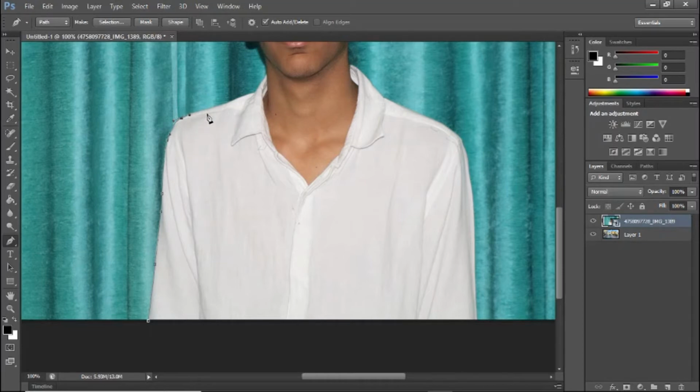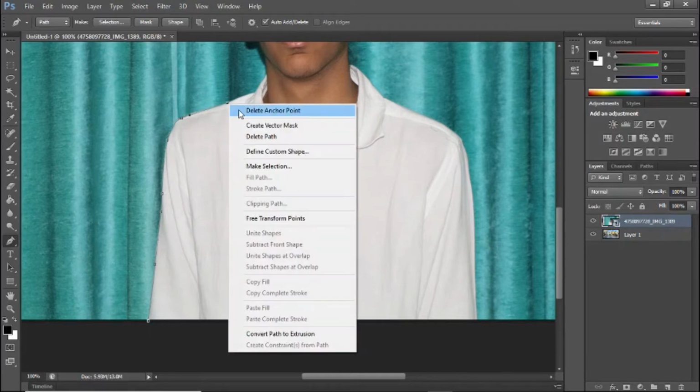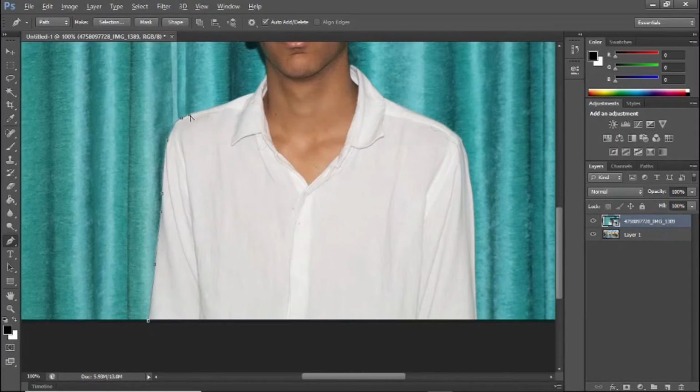Okay, and see, right now if I make a new point, there's a little bit of space left. That's because I didn't point the pointer in the right direction. What I have to do is press Alt and drag. That's all. Create a point here and then create a point here, then here.